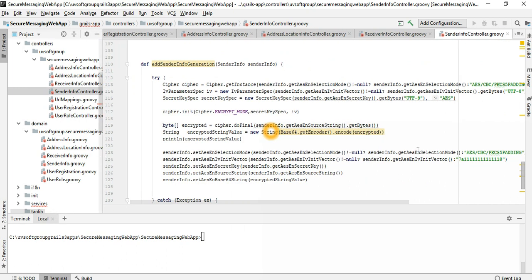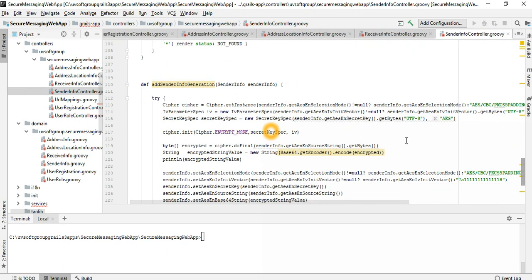So what we did here, the very special one, is we give our input selection mode. This is our AES algorithm to encrypt